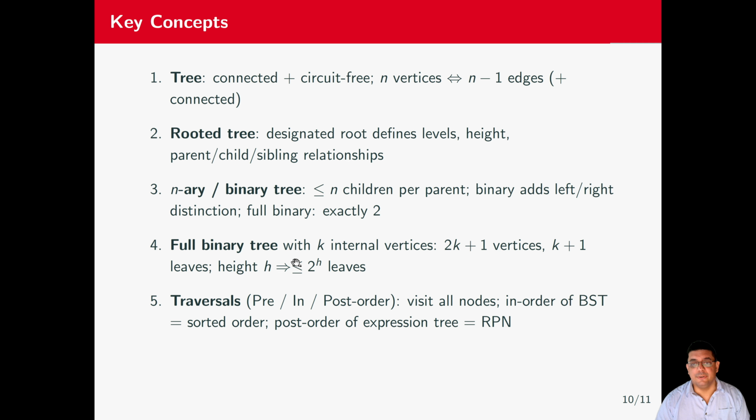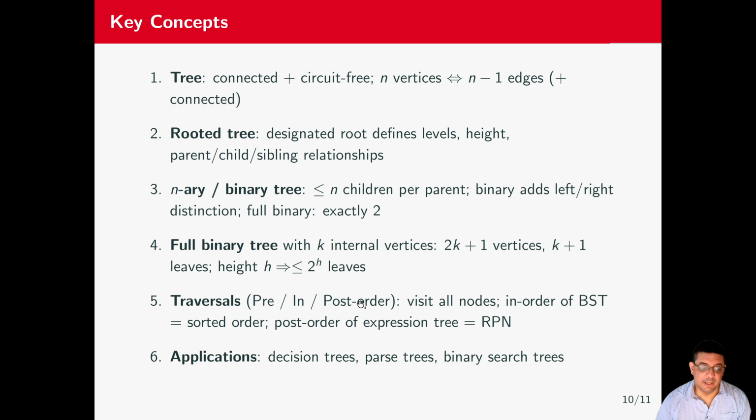Now, a traversal is something that we can use to visit nodes in particular. So we always go with pre, in, and post order. They visit all the nodes, but the order depends on how you're doing things. So you can have a sorted order of sorts, and the post order expression like the RPN is one of the most used in computations. Now, for applications, we use this for decision trees, parse trees, and binary search trees, and those are going to be part of the algorithms that are built in